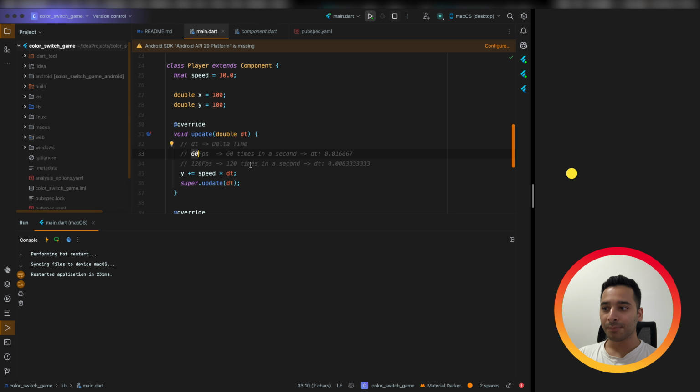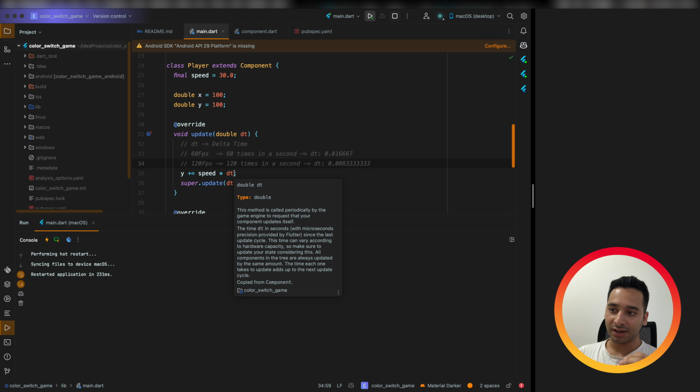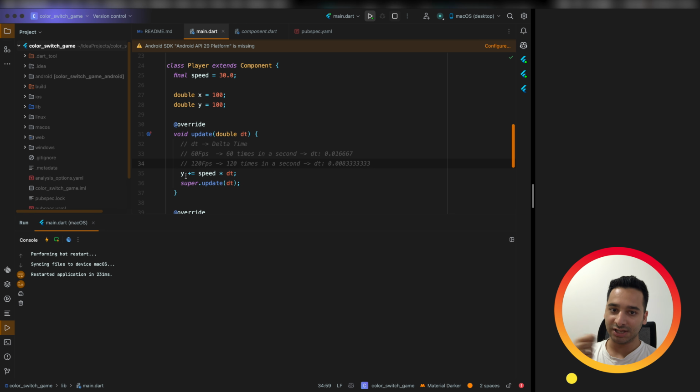For example, if you run on a 120 FPS, you will have a lower delta time because frames are closer together. So when you multiply this variable, you will have a lower result to increase in each frame.